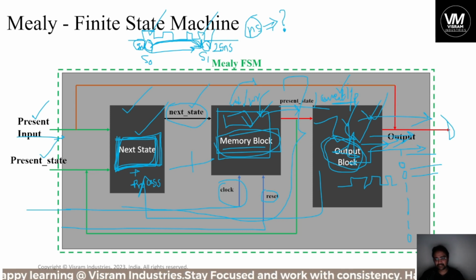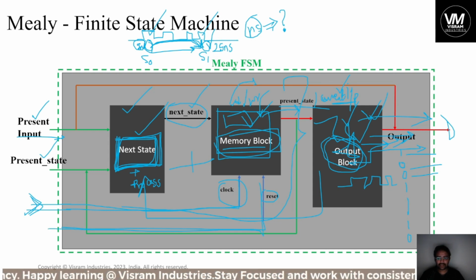Likewise, for clock, you might have 3 clocks, 4 clocks, or 2 clocks that are not synchronized. But I am realizing the memory block with this one single clock, such that all three blocks will be working with the same clock and reset. Okay,